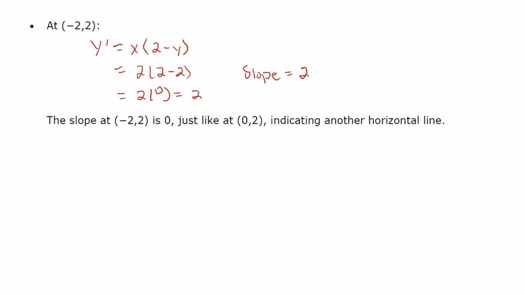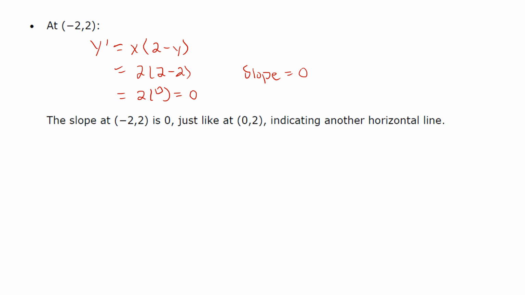So, sorry, not 2, 0. My apologies. Our slope here is 0. I think I added in my head instead of multiplied. All right, so the slope at this point, -2, 2, is 0. So just like at our other point, 0, 2, that we did first, this is going to indicate a horizontal